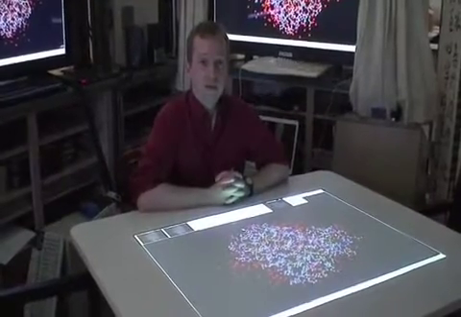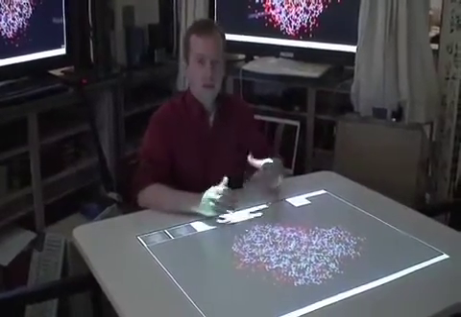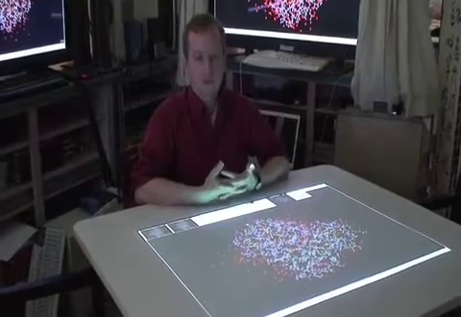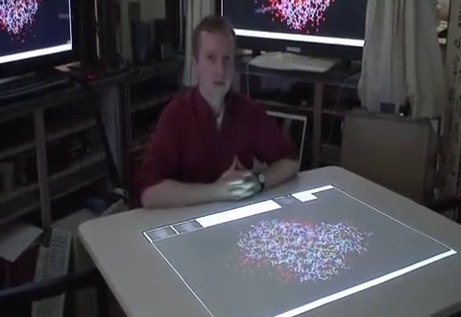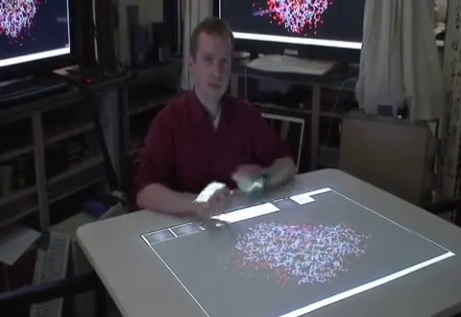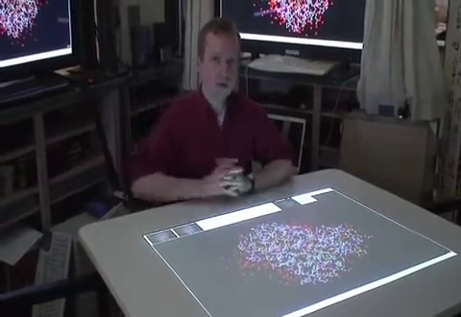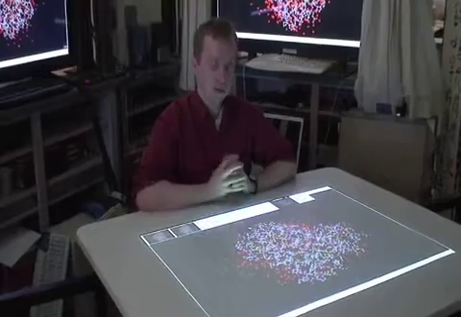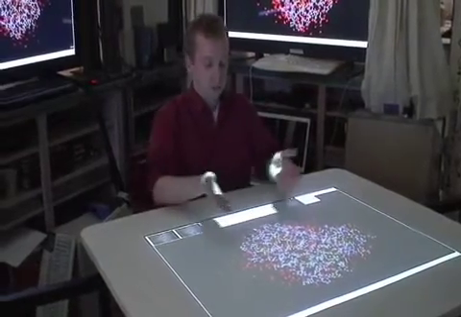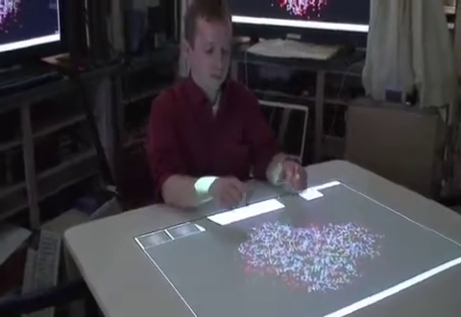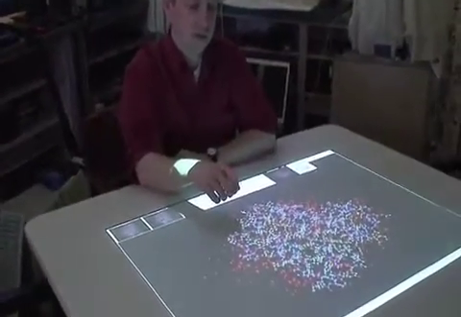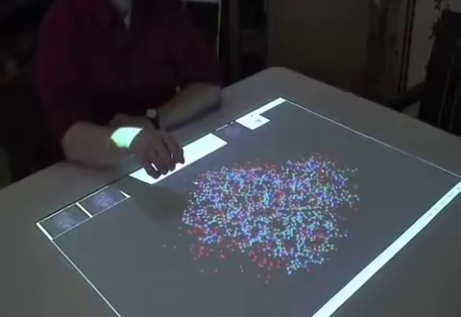Okay, so in this video, we're going to demonstrate the adaptation of a single-user macromolecule visualization tool for use with groups of people working in environments that contain tabletop displays and multiple wall displays. So this is JMOL, which is a molecular visualization application. And we have it running on the table, and we've added a few gestures for manipulating the camera around this